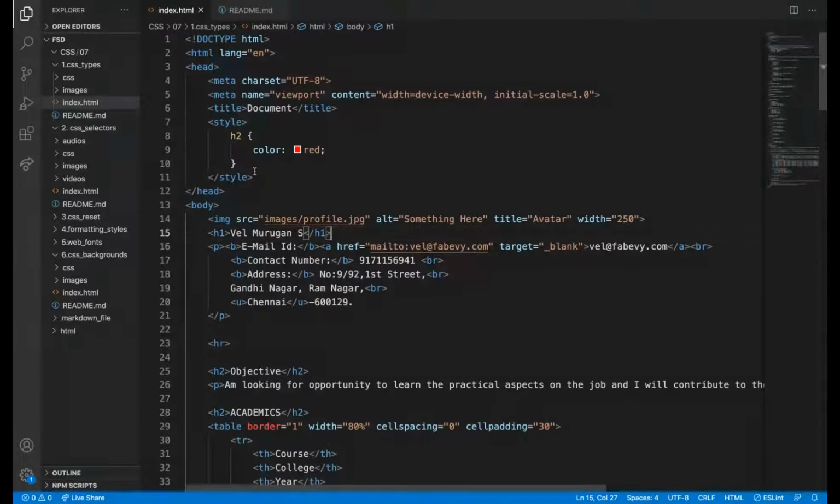Style tag in the head tag. Fine. So when I go to this, I don't want to add in each element, but imagine there are 500 pages in your website. So you need to add this style, copy, and you need to.